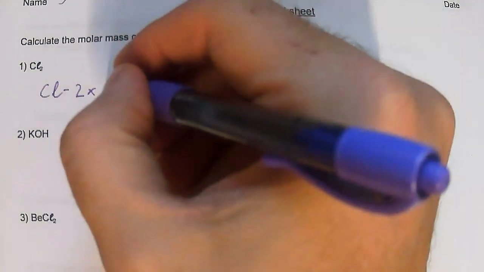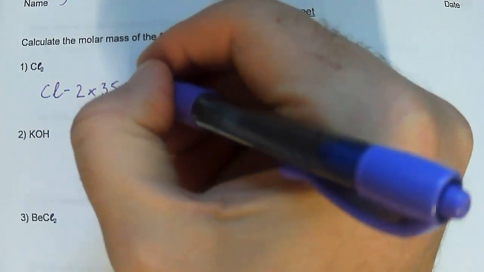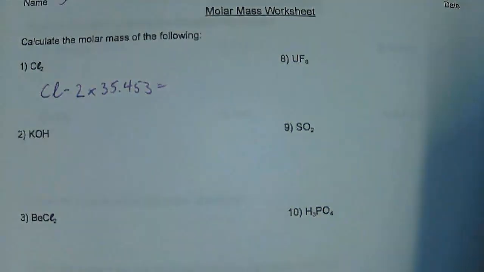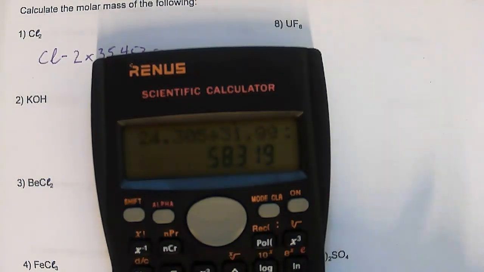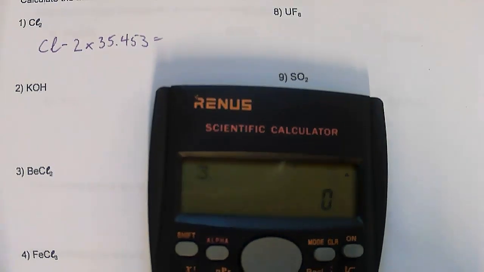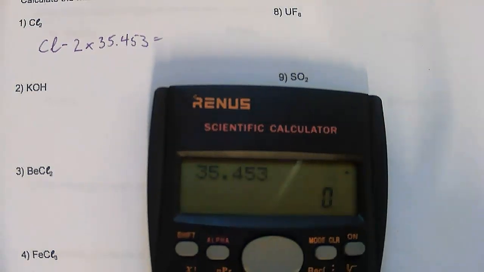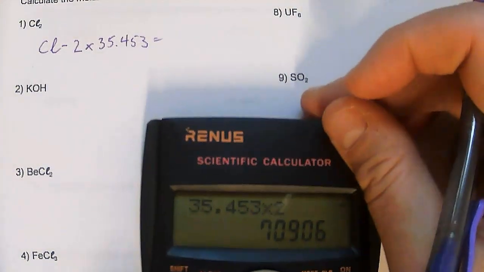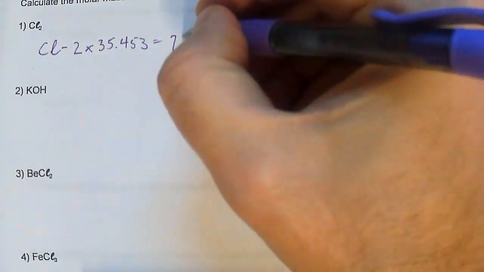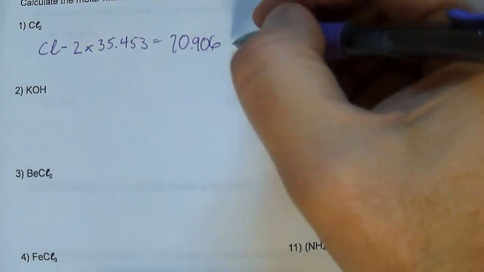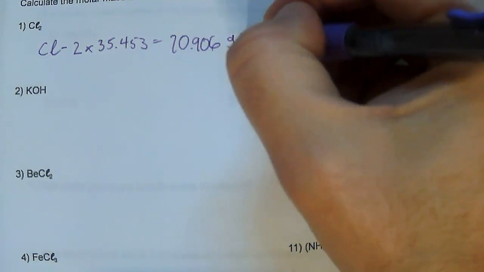So we have 2 times 35.453, and that's going to be 70.906. There's nothing else to add together, so that's the answer,